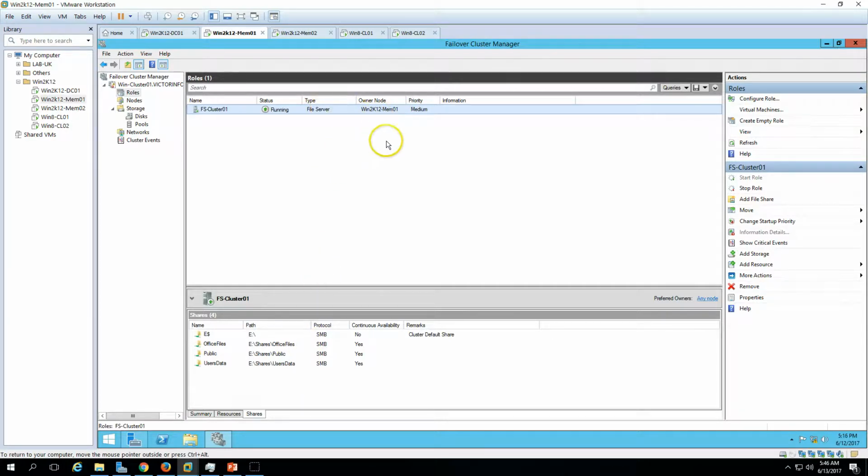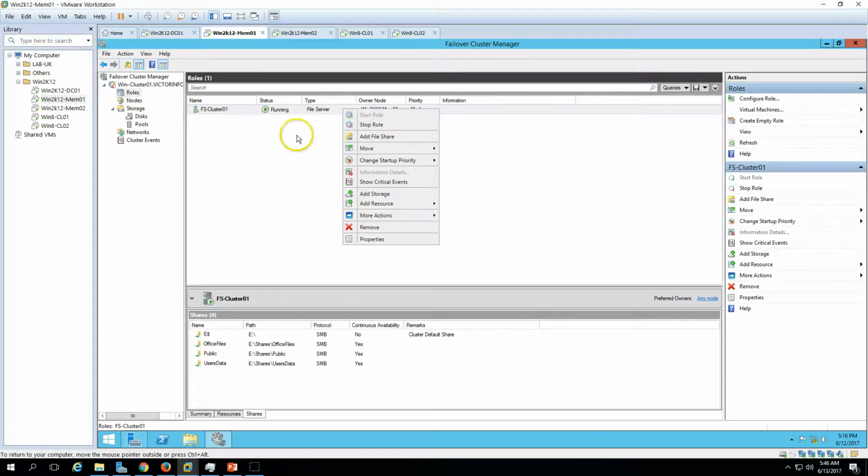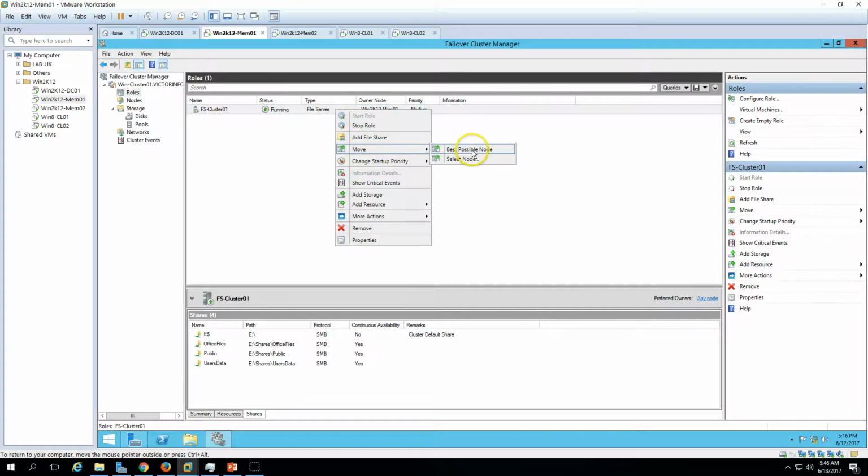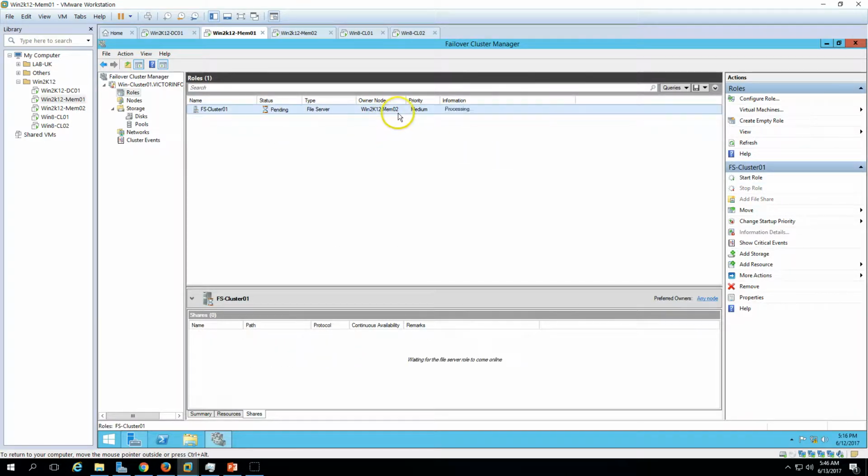You can test whether the cluster mem2 is running fine or not by moving the resource from node member 1 to member 2, and now it's pending. And now you can see it's running,